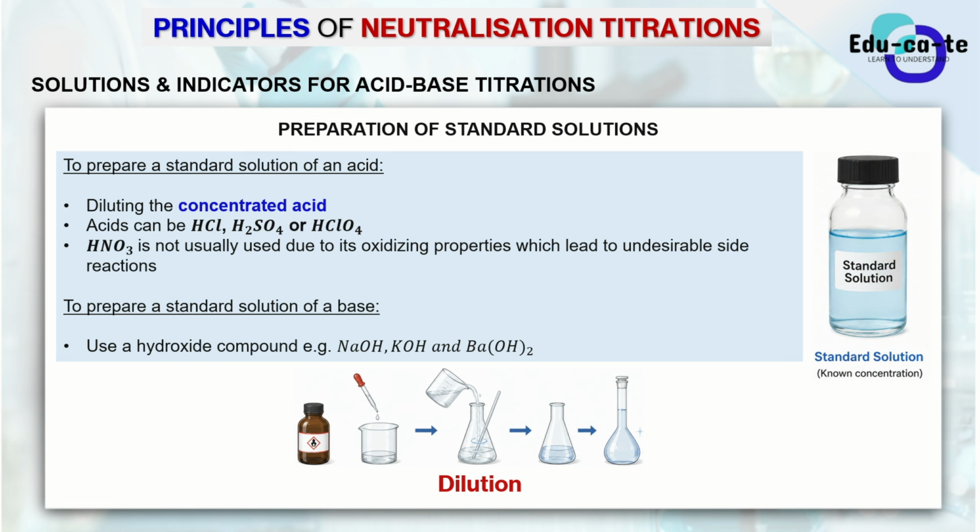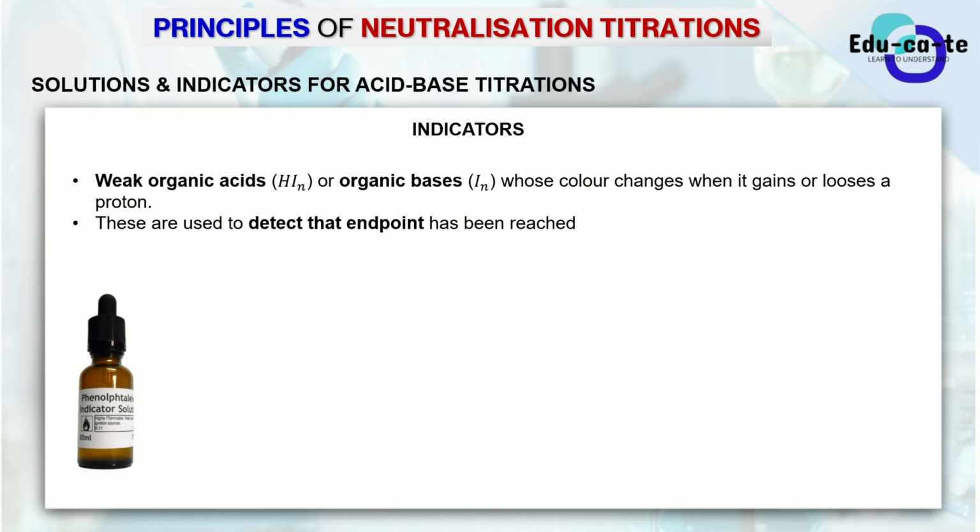Okay, so now one thing that we also need to look at are the indicators. Indicators such as phenolphthalein and bromothymol blue are simply weak organic acids. Actually, indicators can be organic acids and also organic bases, but these ones are weak. Remember that for a standard solution, we use strong acids or bases, but for an indicator, we use weak acids or weak bases. So you need to understand which one is which. For the standard solution, or our titrant, we use strong acids or bases, because of the reasons that I've already explained.